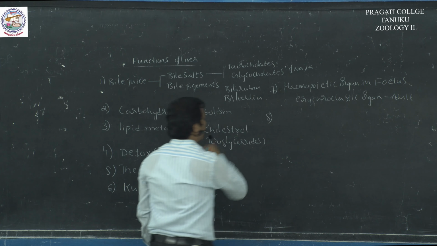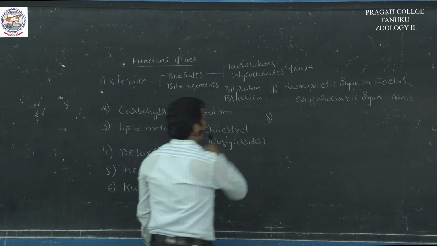The wall of the intestine possesses two types of glands, Brunner's glands and crypts of Lieberkühn. The Brunner's glands are located at the mucosa of the duodenum part of the small intestine, and they produce mucus. The secretions of the Brunner's glands along with the crypts of Lieberkühn constitute the intestinal juice, also called succus entericus. So this is regarding the intestinal glands.